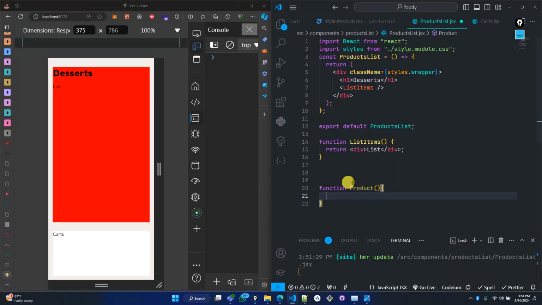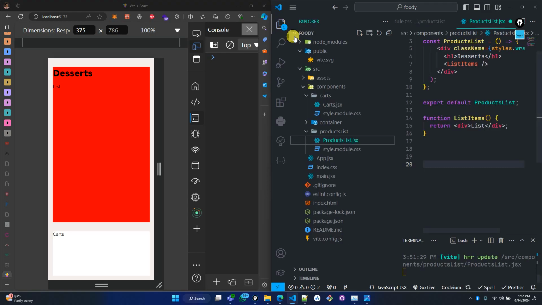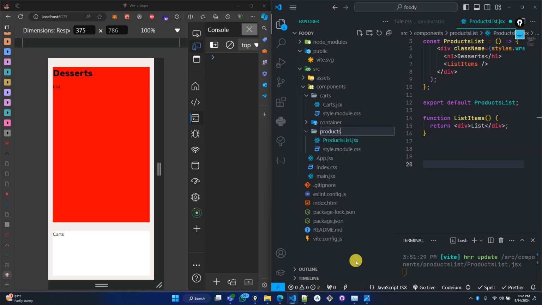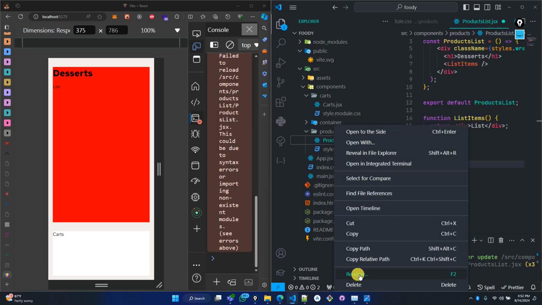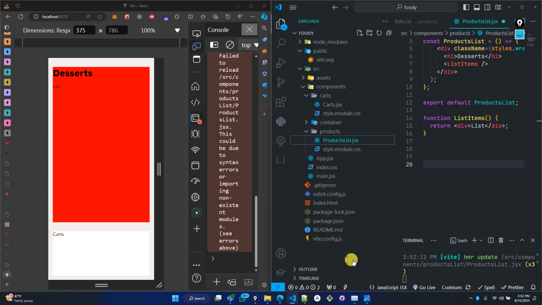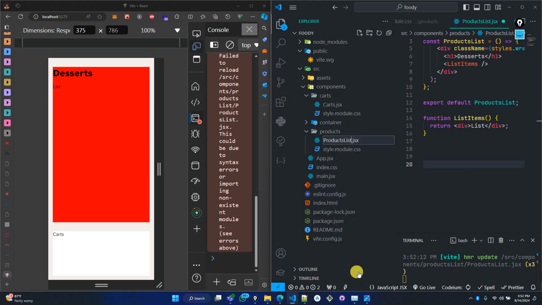So this thing now is better. Let me separate it so that I don't do it like that. I don't like this method. For this to make sense, I'll just put this one as products like this. So this one too, I will change the name to products so that it makes sense, because the names are clashing. So products,